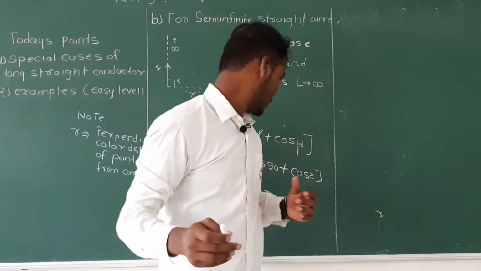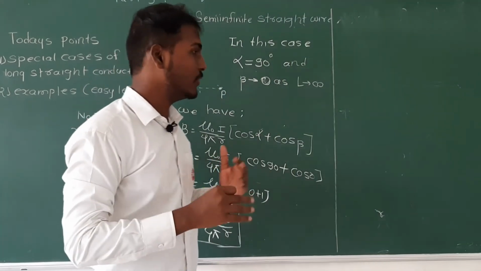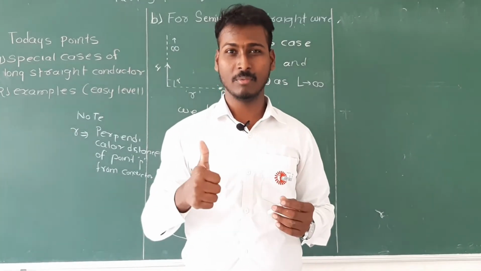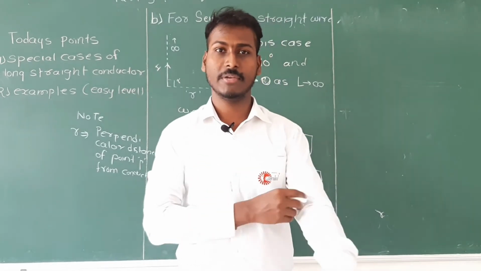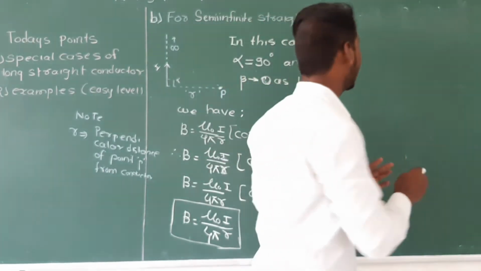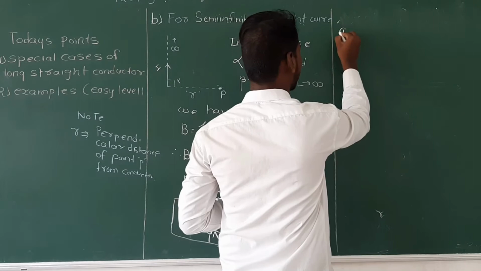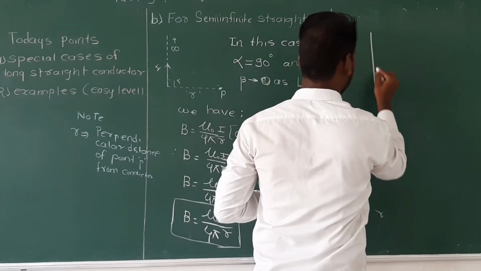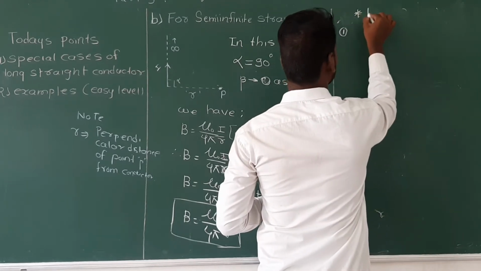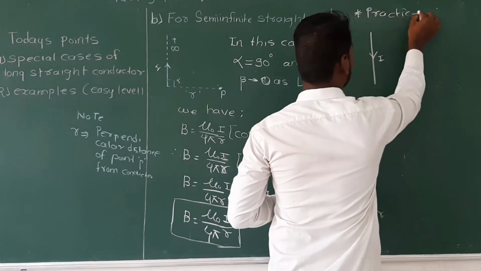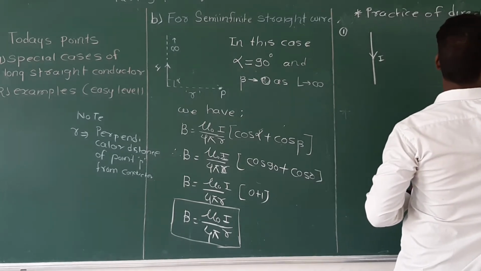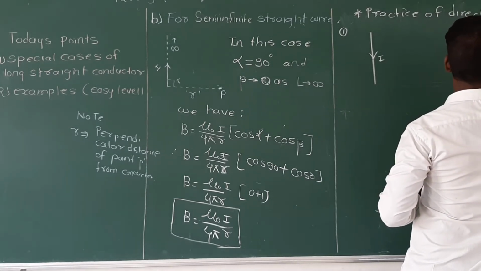Okay, so this is the magnitude of magnetic field, and now we will practice regarding direction of magnetic field, because even though we know the right hand thumb rule, I have already told you, we can make some confusions, so we will see some cases for practice purposes. For example, I will take the first case. Now see, this is the current I flowing. Practice of direction of magnetic field. Whenever I am saying direction, B bar will come automatically.